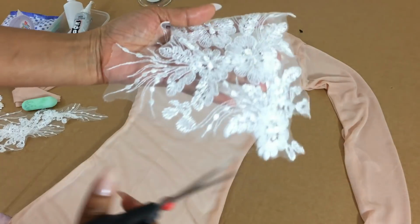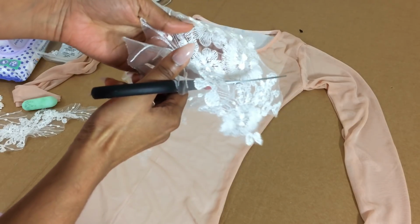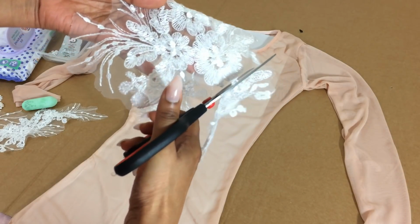Here I'm cutting the lace into small pieces. Depends on the kind of lace you are using, you can cut short or